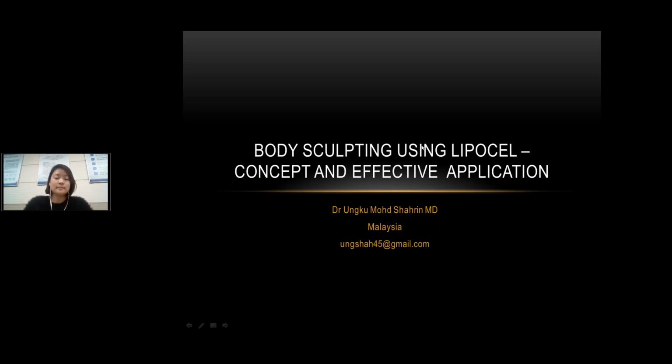So far I do conventional lipo, and I do non-conventional lipo, which is non-invasive lipo. I guess the result is quite good actually. I don't have any complaint, and the fact that I have a tightening effect when I use LIPOcel, well, why not? I don't need to use extra treatment like radiofrequency to tighten up,